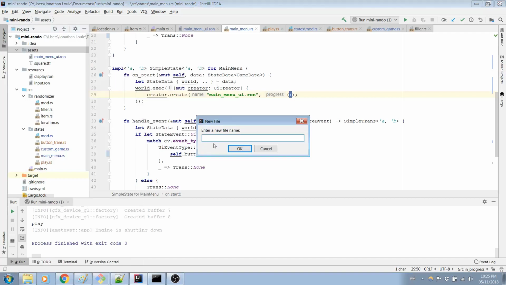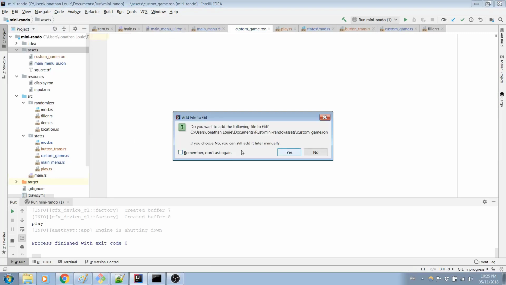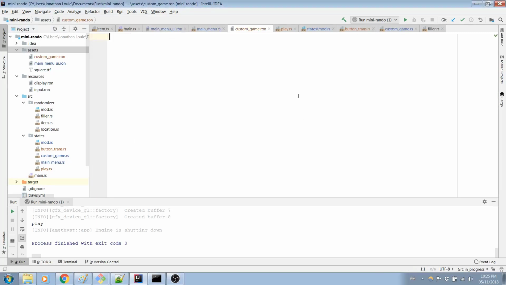File, yeah. We're gonna call it custom_game. Not wrong. Again, I'll handle all the Git stuff off screen when I feel like it. And custom_game.ron should be defined somewhat similarly to